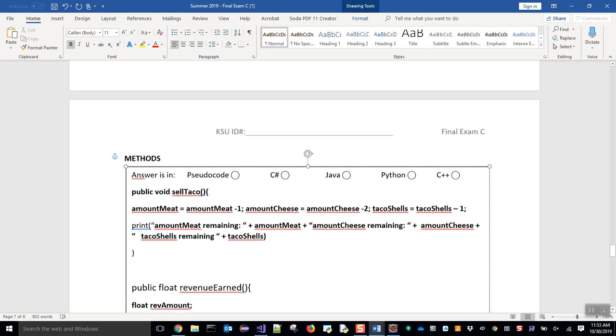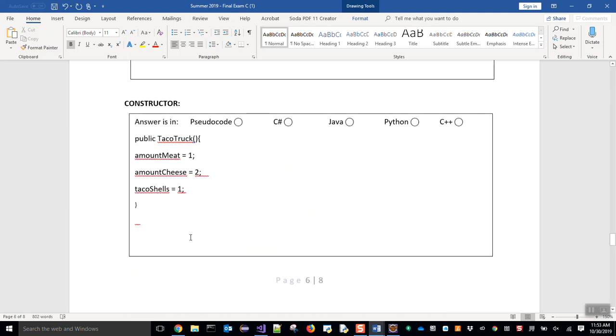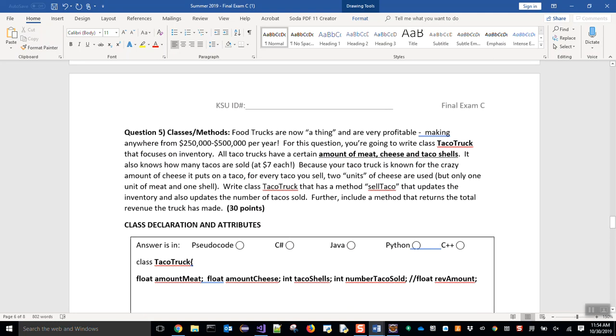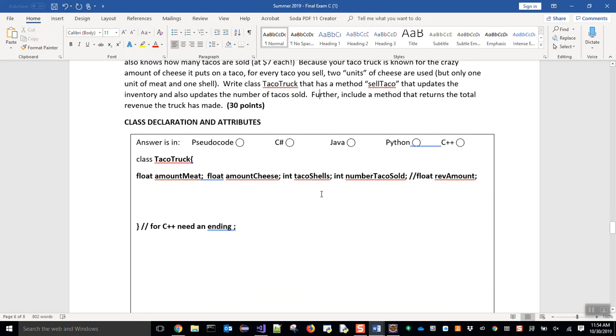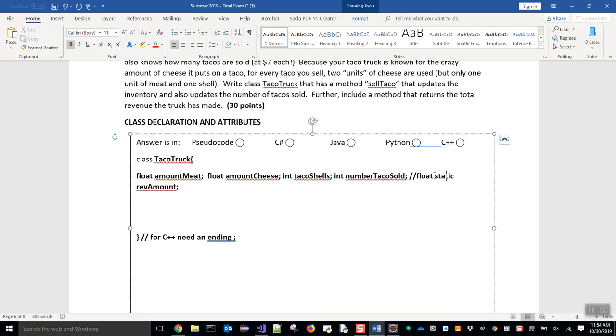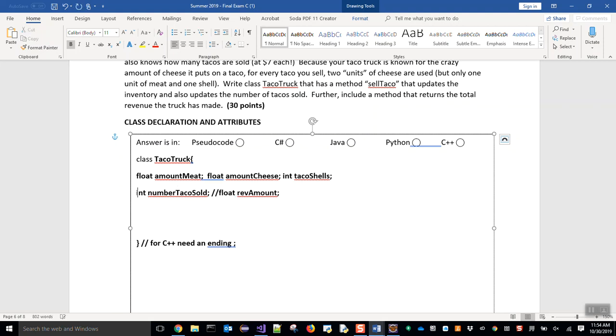So for instance, everything in this world you can make better and better. So if I want to make this question updated and make it a better question, then I would say, since actually this did not say because we did not officially discuss the static modifier, if I would have a float static, sorry, not this one. If I would have this one in static public taco sold,